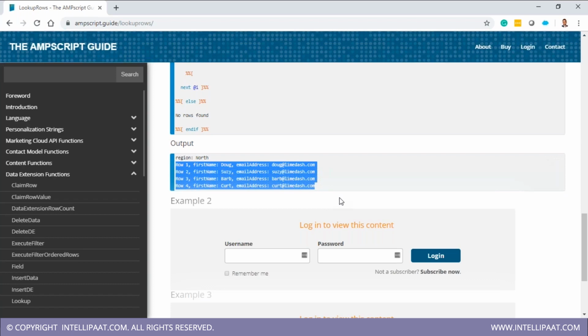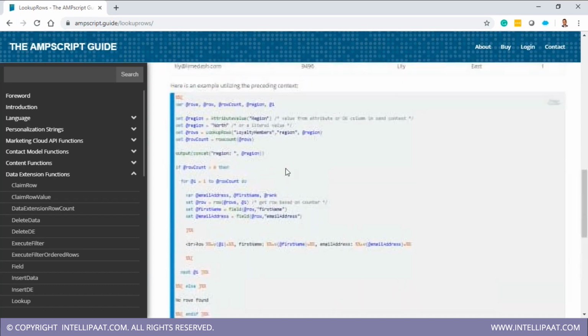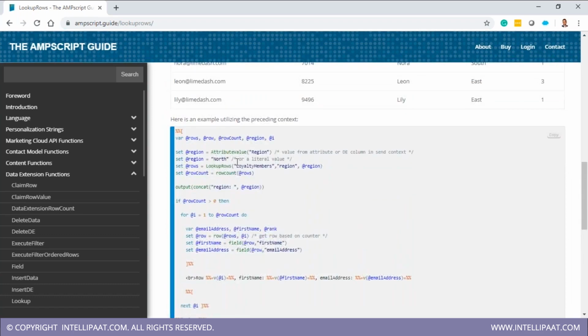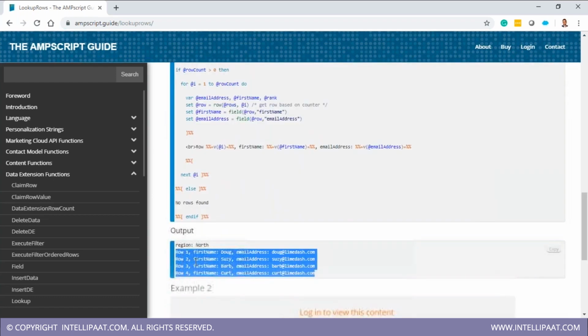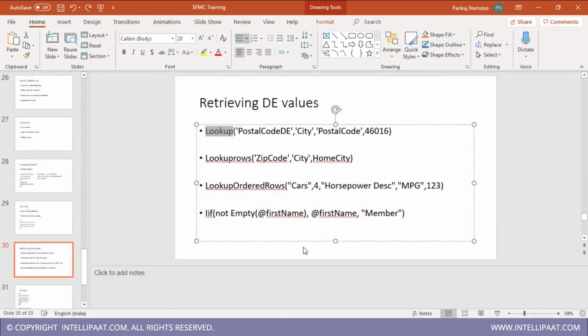But this will be the output if I can theoretically print it out. So basically it will give me all the rows of data wherein region equals north in this case. So how many in this region are there? 1, 2, 3, 4. Okay, so 4 records will be there with me. Okay, next one is